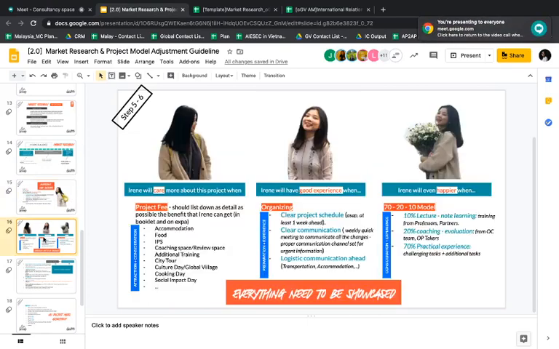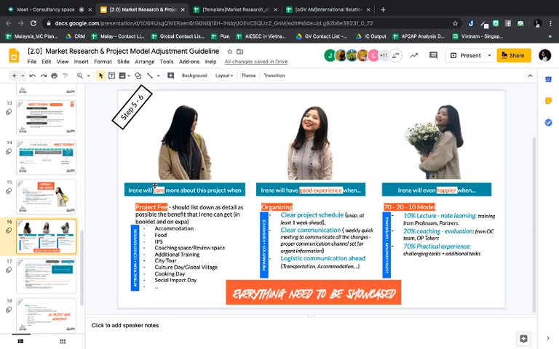So here, I will separate into 3 areas that you should focus on when you consider project adjustment for iGV. It includes the customer flow that you should change and adjust as well. So I have 3 areas. First of all, when we think about an iGV project, Irene here is our EP, right? Irene will care more about this project when, as for the project fee,